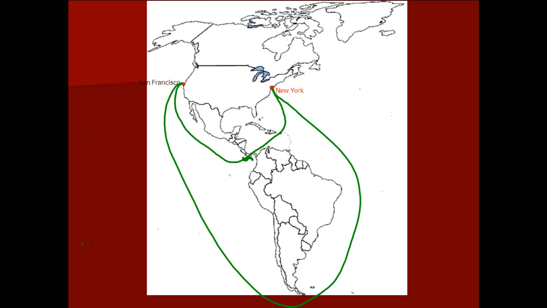This map shows how the Panama Canal changed commerce and transport from the east coast to the west coast. You can see that prior to the Panama Canal, if you wanted to go from New York to San Francisco, you had to go all the way down south of the tip of South America. Once the Panama Canal was built, of course, there was a route that went directly through the middle there, through the country of Panama.